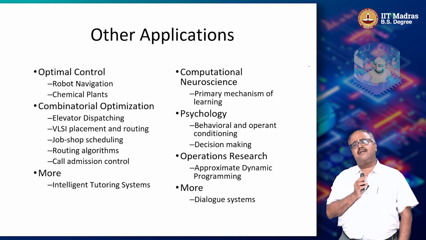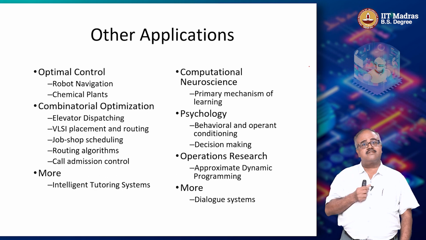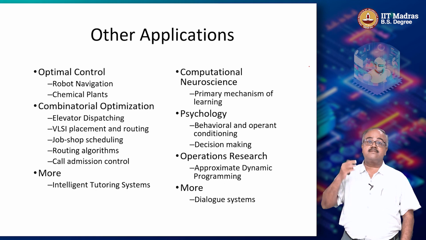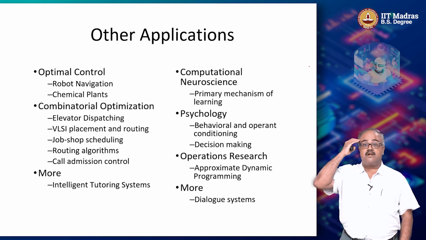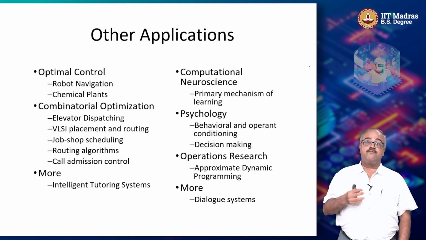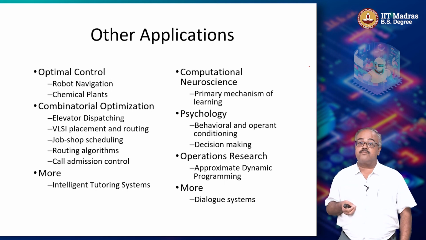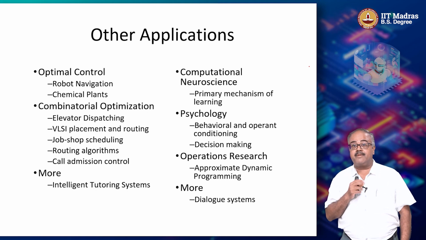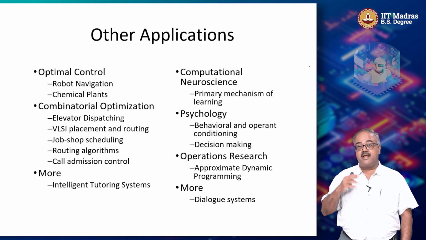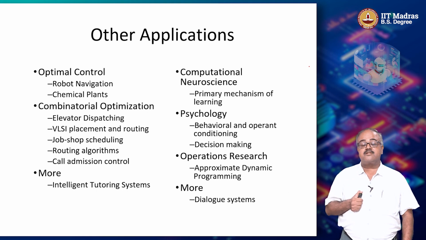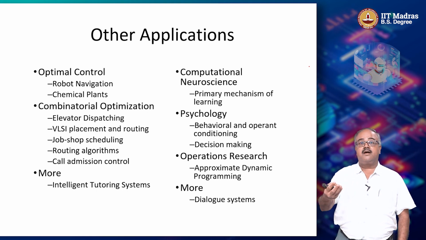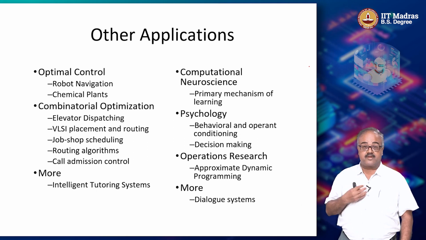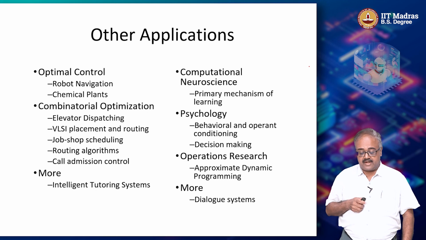On the other side, remember I told you reinforcement learning has roots in psychology, right? Behavioral psychology. It turns out that there's a very strong basis in neuroscience, right? There's a lot of evidence that our brain does reinforcement learning. In fact, does specific forms of reinforcement learning. And so some people postulate that RL could be the primary mechanism of learning in certain parts of the brain, and so that has been developed in the computational neuroscience field, and RL methods have fed into neuroscience, and neuroscience ideas have come back into reinforcement learning over here. So it's an amazingly rich interaction that happens.